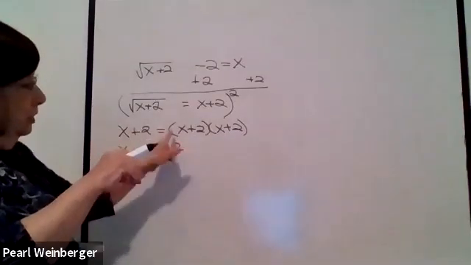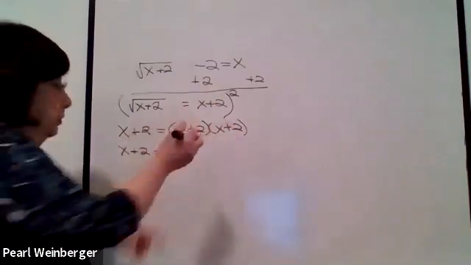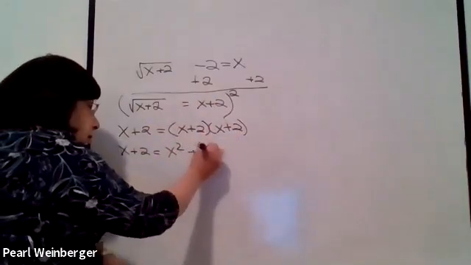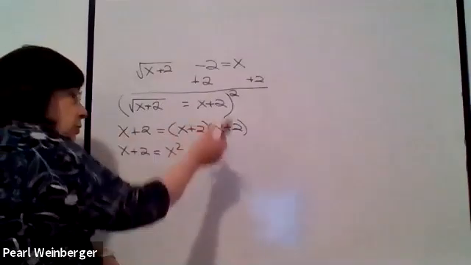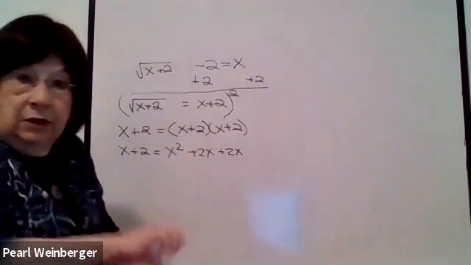Okay, so x times x will give me x squared. I'm doing the whole FOIL, so I'm doing x times 2, the outer, which will give me 2x. And the inner is, again, another 2x. And last is